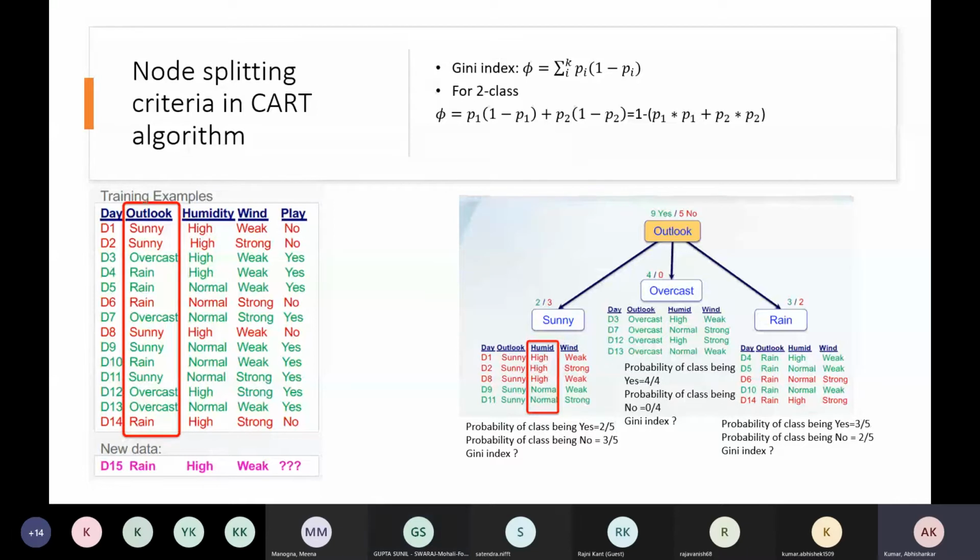Yeah, that's why I'm saying, in which case it will be 1. I don't think it will be 1 actually. Whoever tells the right answer will be awarded 1 additional mark in the end semester examination. So if you achieve more marks here, it will be easy for you to pass this exam.